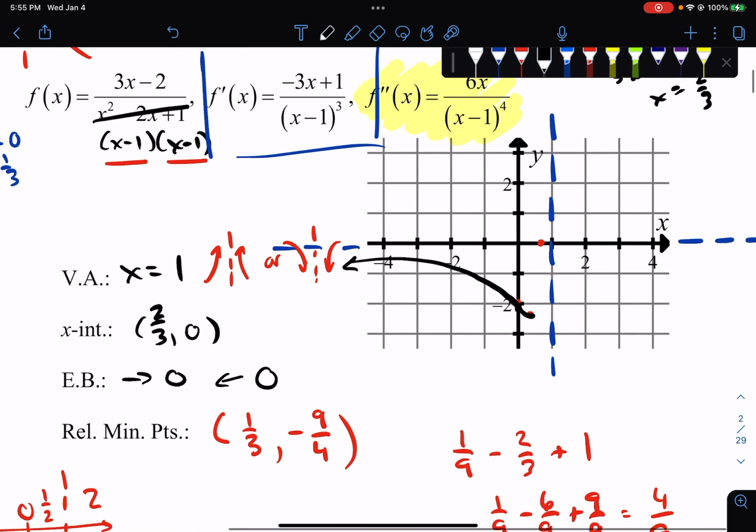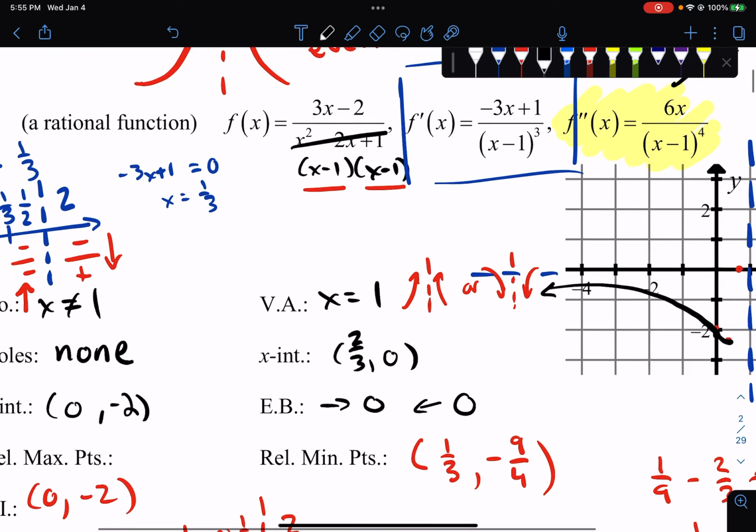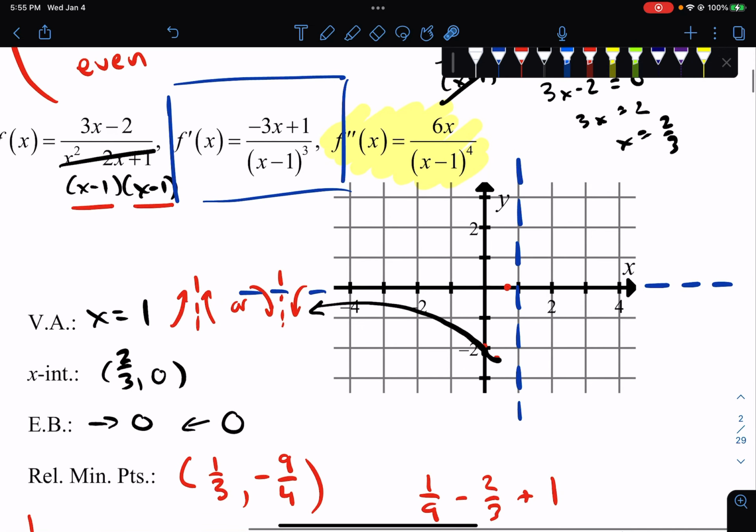And then once I get to that point, I'm still concave up, but now my derivative tells me that I'm increasing. So concave up and I'm increasing means I'm going to go up like this through this point, and I know that I'm not going to hit that asymptote. So it's going to look something like that. As far as the other side,